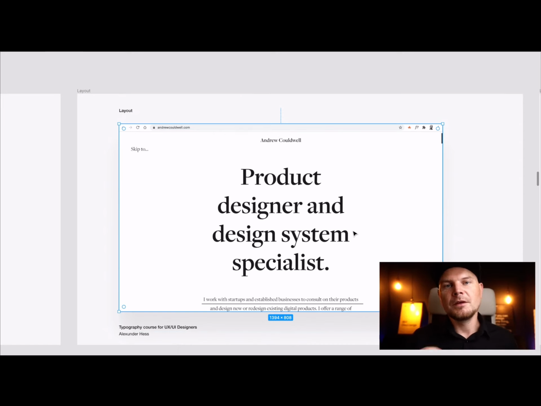If it would be perfect, then I would have something like: product designer and design system specialist. This would give me this horizontal rhythm, and at the same time I would understand everything line by line. Because this is how we talk, right? I don't talk to you like, product. Hello, actually, can you tell me what you are doing? You know, I'm a product designer and design system specialist. We don't talk like that, and this is because